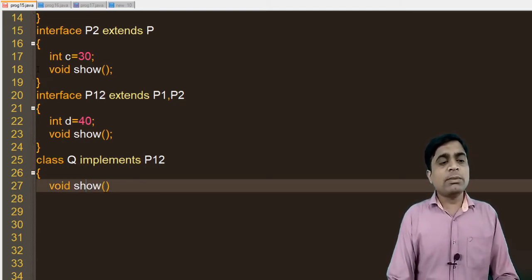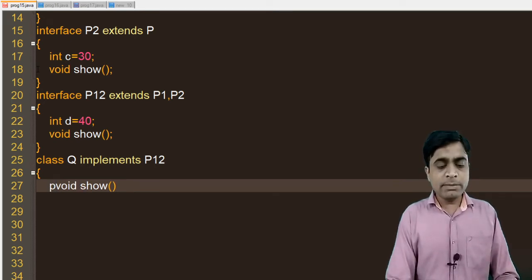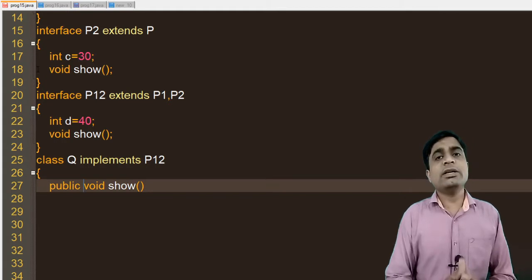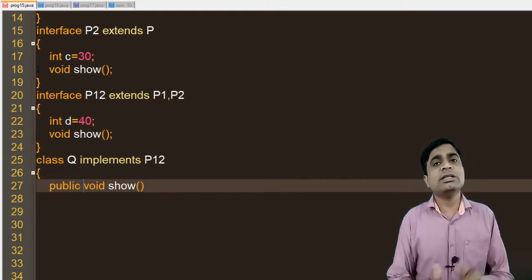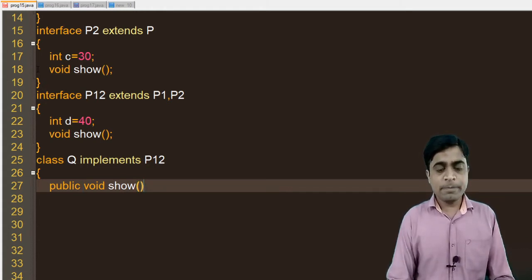By default all methods in the interface are public, so we need to write public here. If you do not write public over here, this will generate an error because there is a difference between the public and default access specifiers.